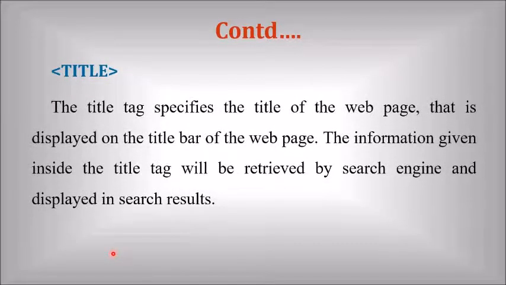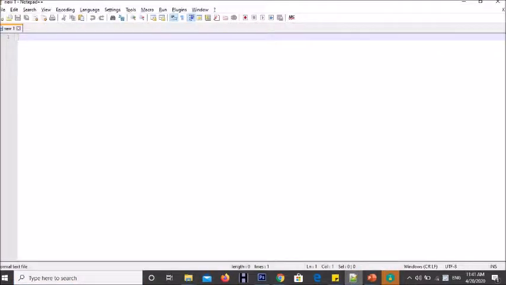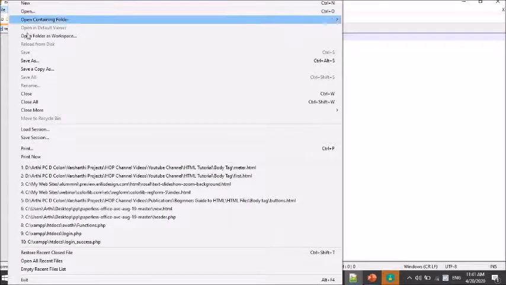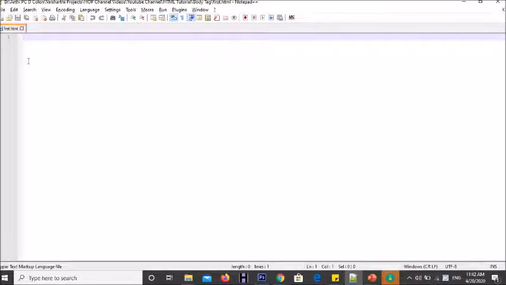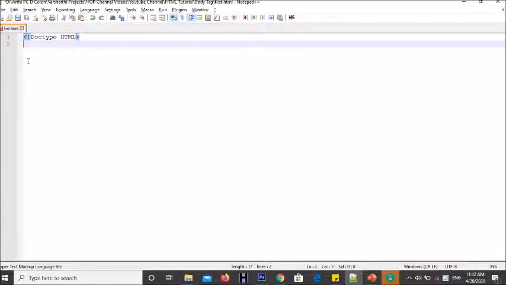Yes, so I think this is the time to have a simple HTML program. I am here using Notepad++ as the editor for HTML. You can use Notepad++ or any other editor that you wish to use. As we have seen in the pencil animation, the first tag inside the structure of HTML is doctype. I would like to use this tag. If you don't wish to use this tag, you can skip it.